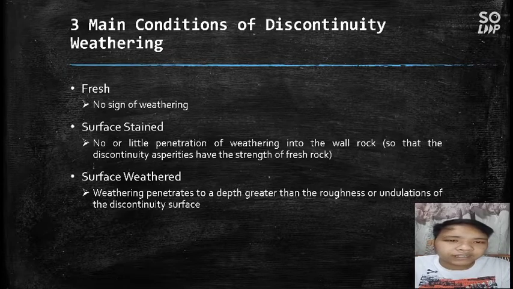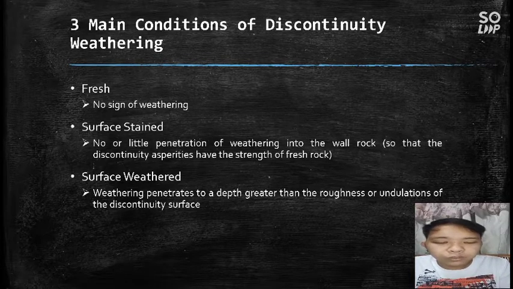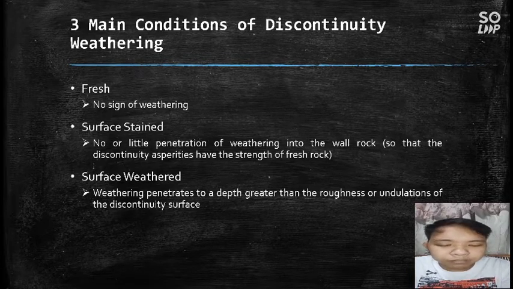Rock discontinuity. Next is surface weathered, wherein weathering penetrates to a depth greater than the roughness or undulations of the